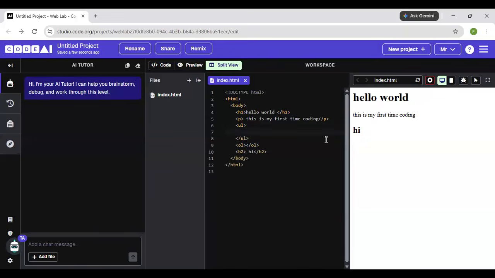Let's say you want to list random things like grocery items. You write the elements for your list and it starts with this.